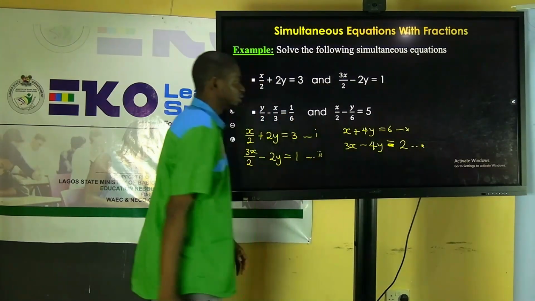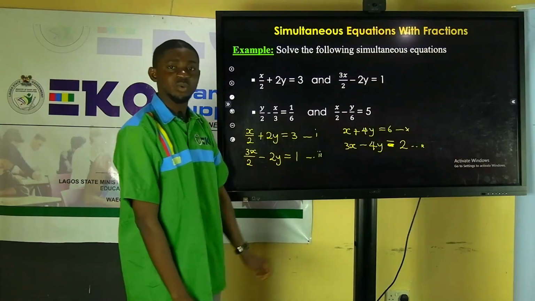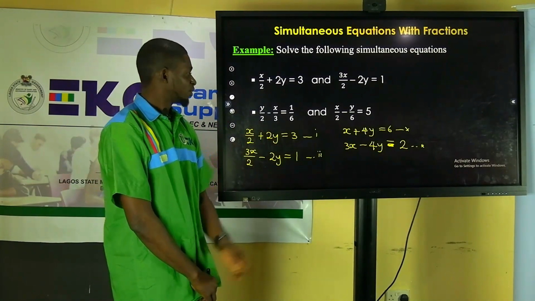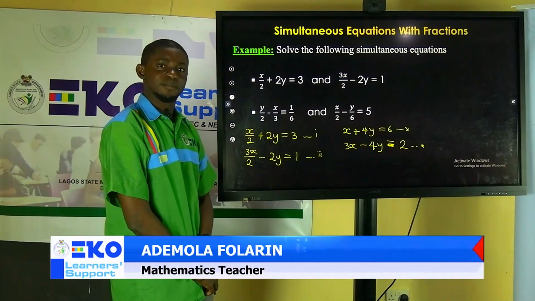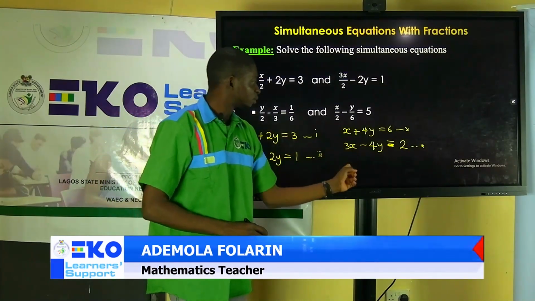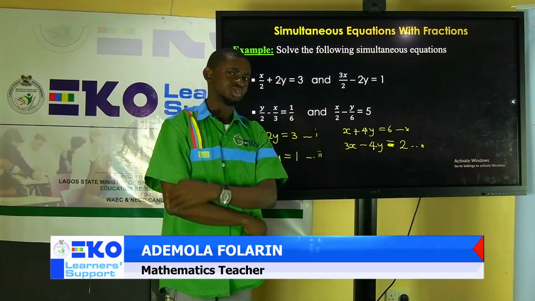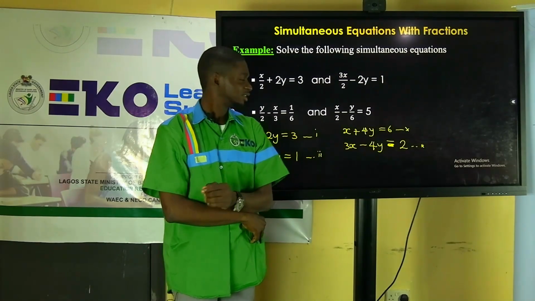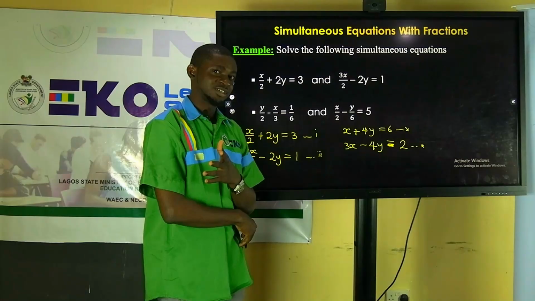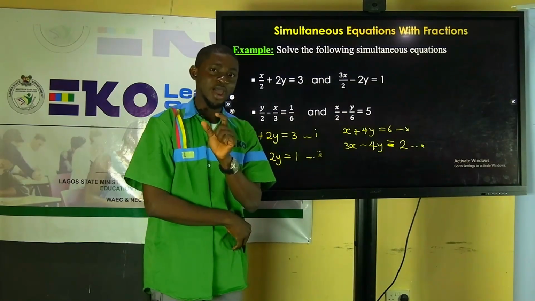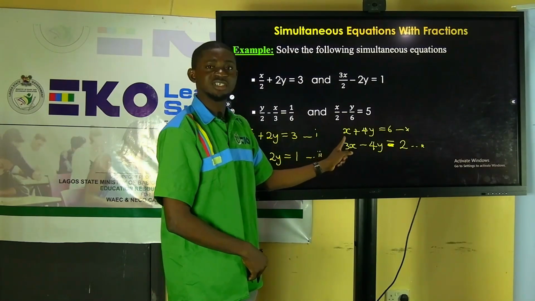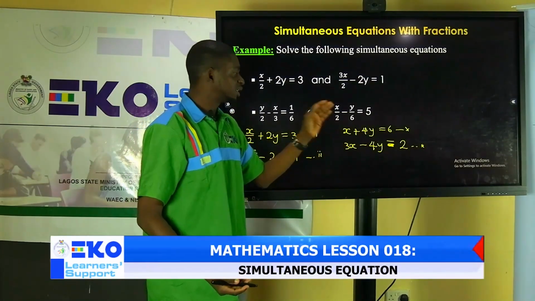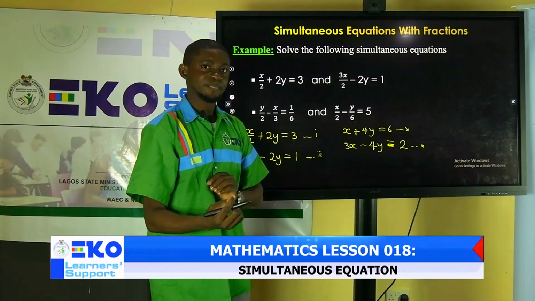Now, the type of simultaneous equation that we are familiar with is now staring at us. Here, we start the journey. If you are to solve this type of simultaneous equation, then which method will you use and why? All right. You say substitution? Very good. Why? Because one of the variables is standing alone. So what we need to do now is make this variable the subject of the formula, substitute it into the